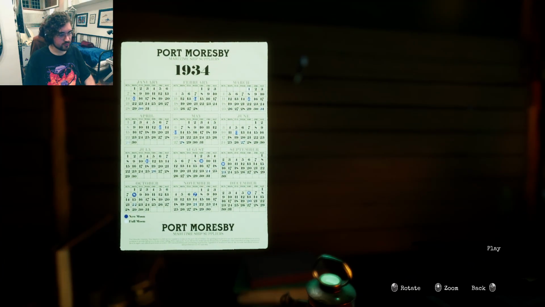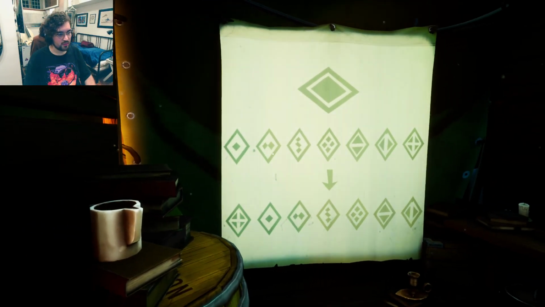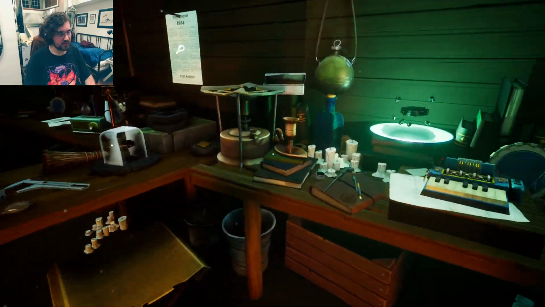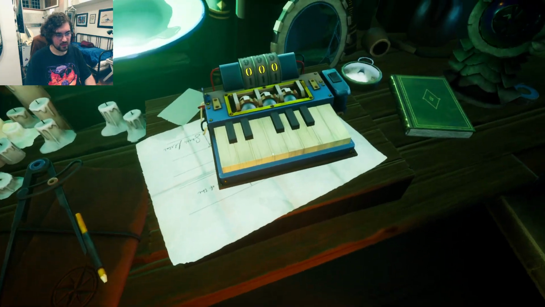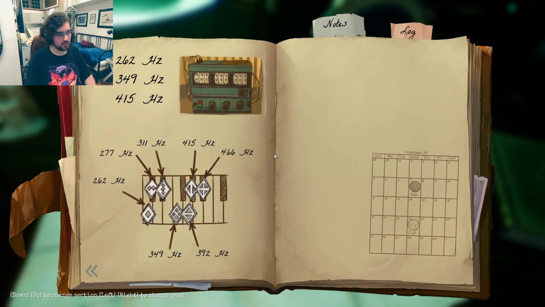So, I'm here thinking that the new moon, or the full moon, changes these notes. Because, like, if it's tidal, then it's to do with the moon, I think fairly obviously. What kind of doodad is this? And, like, we know that we have several different notes here. So, like, I would like to try and play...